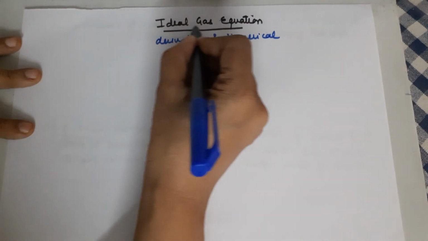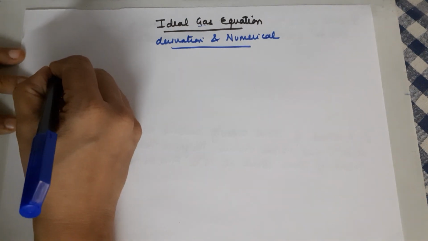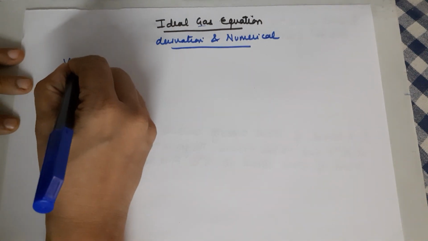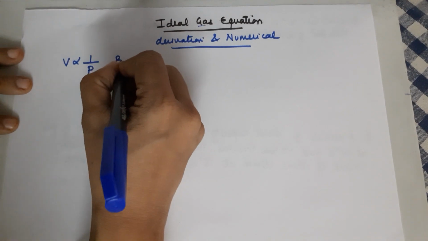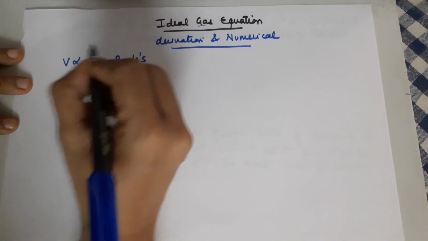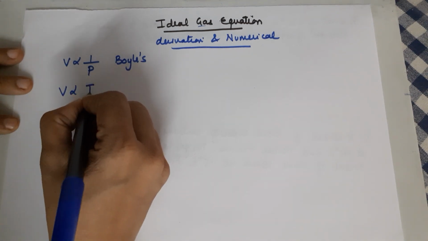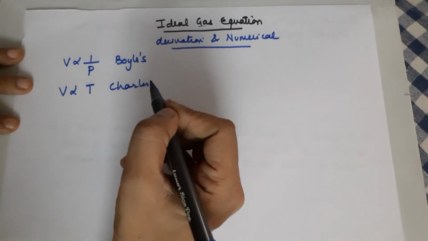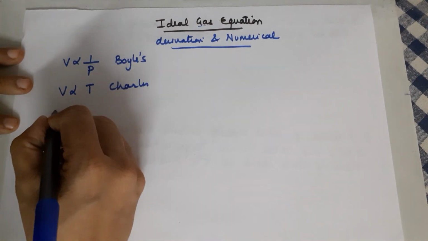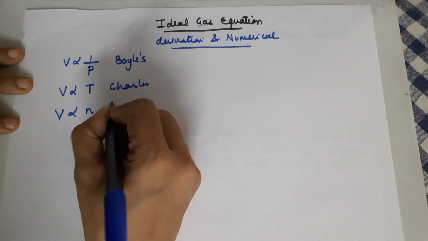The ideal gas equation is derived from three gas laws. The first gas law is Boyle's law, which says volume is inversely proportional to pressure. The second is Charles' law: volume is directly proportional to temperature in the Kelvin scale. And the third is that the volume of a gas is directly proportional to the number of moles of the gas, which